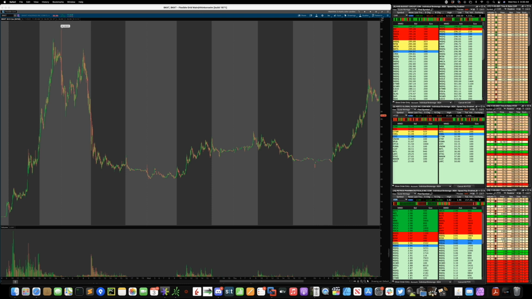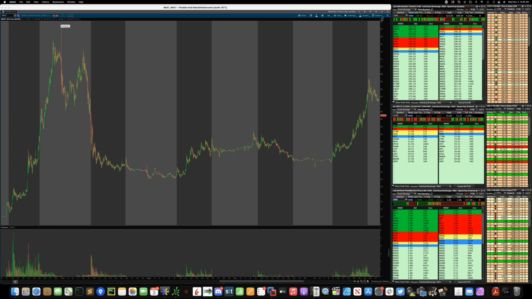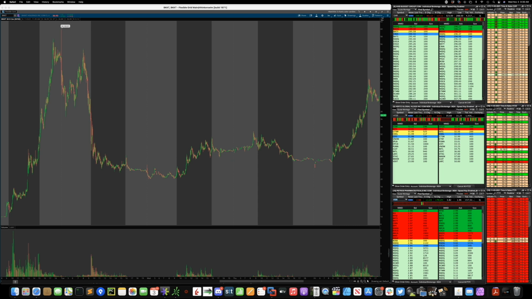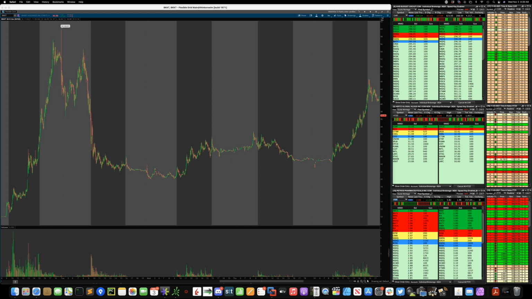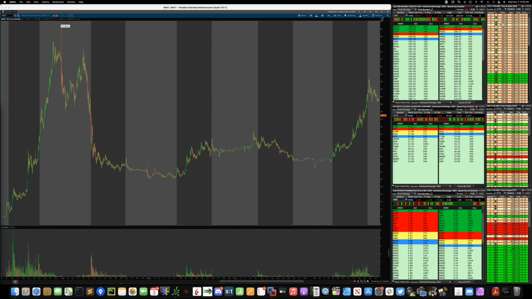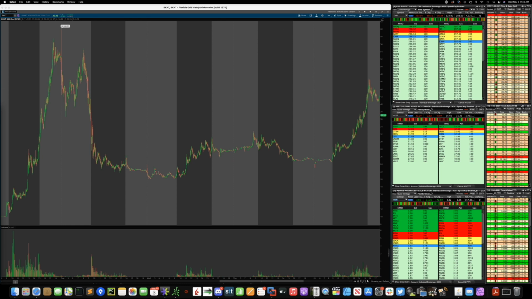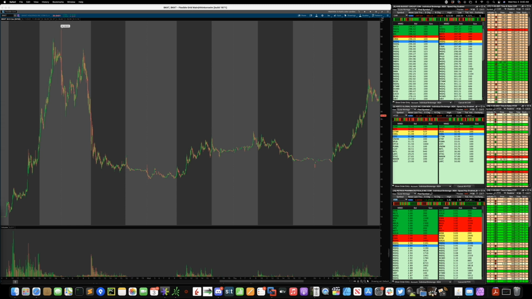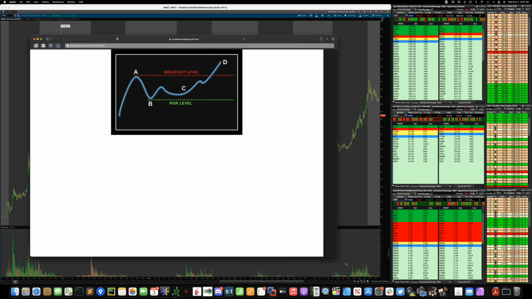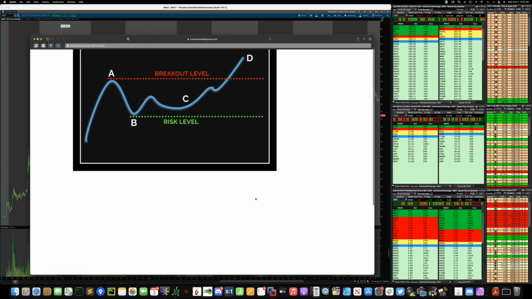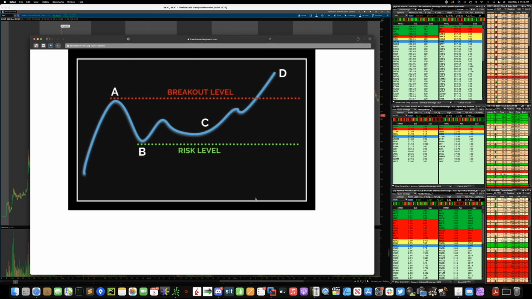And I'm going to get an image for you here because there's a really nice picture. Hopefully it's here. Yeah, there's this really nice picture that Investors Underground puts out of this ABCD pattern. Hold on just a second, I'm trying to get just the picture. Here we go. Okay, so this is also